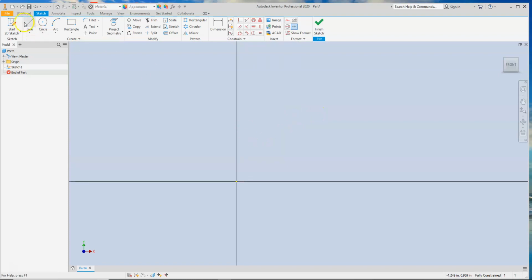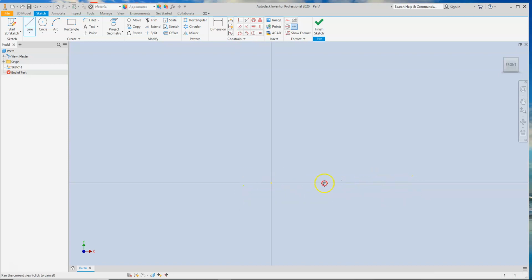And remember, when you create your sketch, I like to tie it back to my origin from the beginning. That way I don't have to lock it down when I'm trying to fully constrain the part. So keeping with the methods of drawing in Chapter 2, I'm just going to sketch this part out using my geometric constraints now as part of the sketch, and then I'm going to go back and constrain it with the dimensions